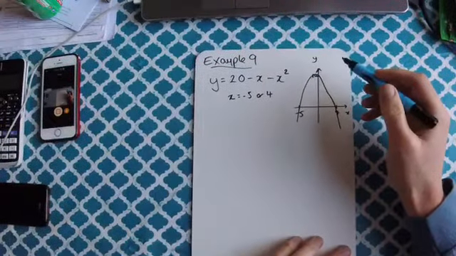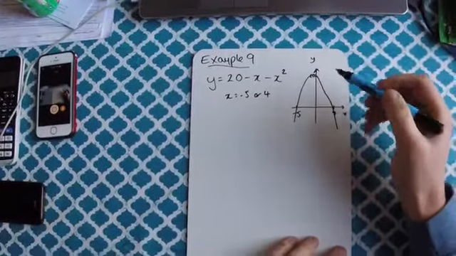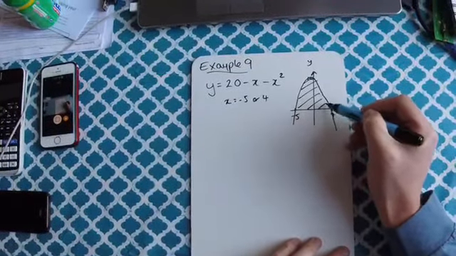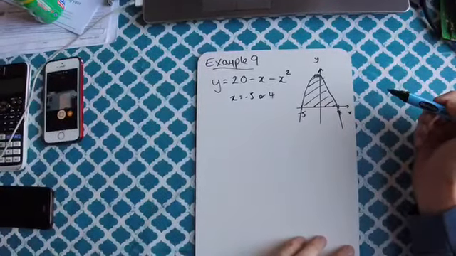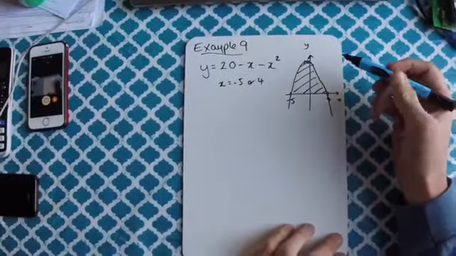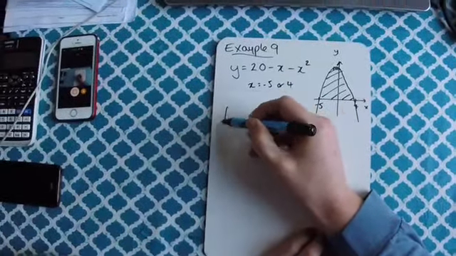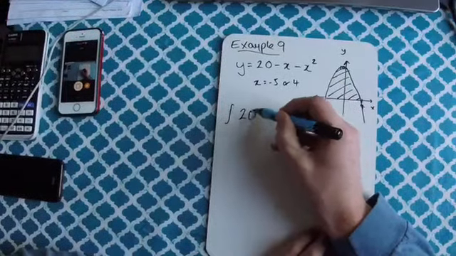And they're asking for the region between the curve and the x-axis. So we are looking for this area here. So what do we have to do then? Well, to find the area underneath the curve, that involves integrating. And we're going to integrate this function